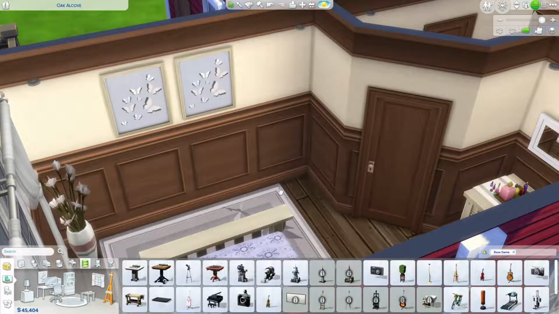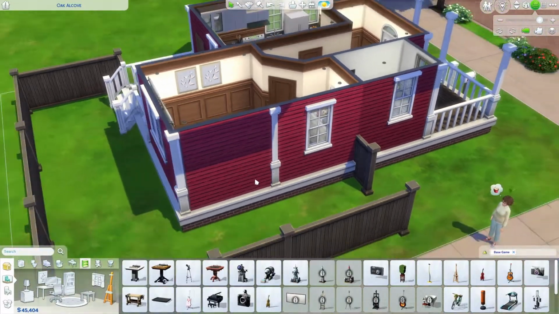So things that I like to add and incorporate into my decorating is I like to consider skill building items. So what is my sim? What is the personality of my sim? What does Shayla want to do with her life, and what does she want to be? So this sim that we have, Shayla,